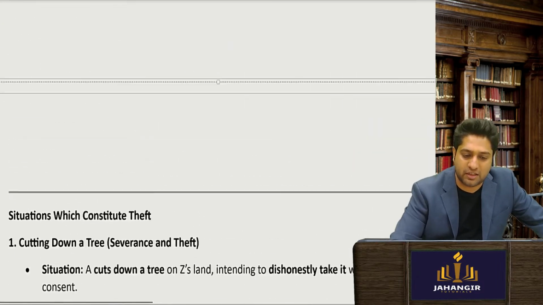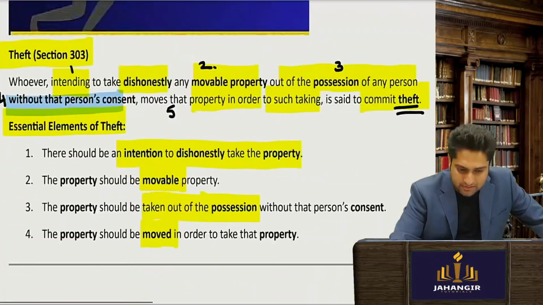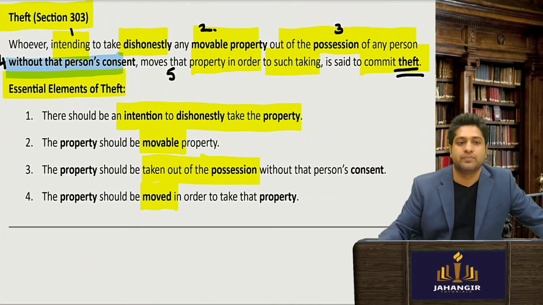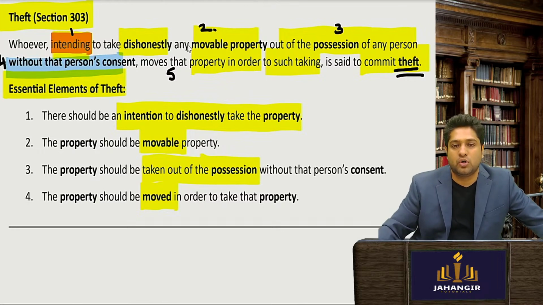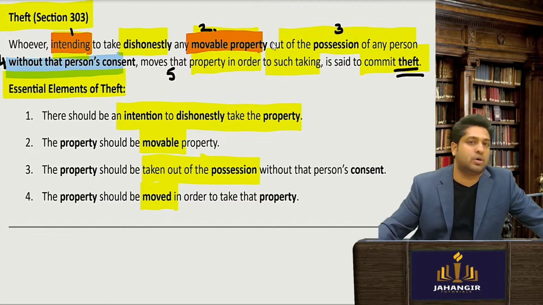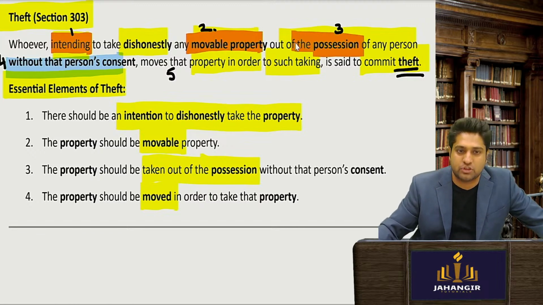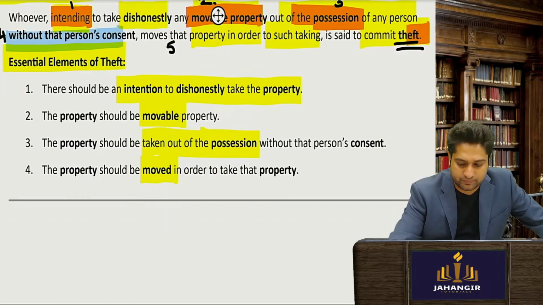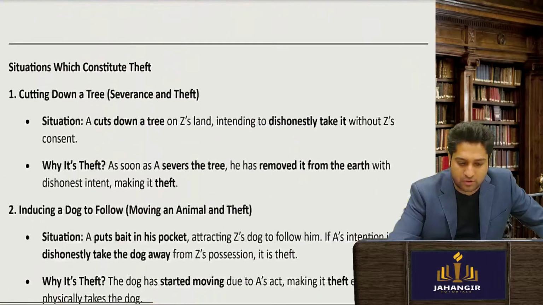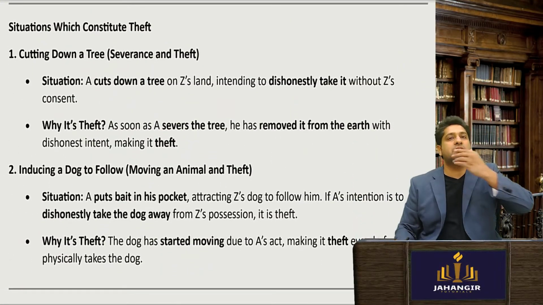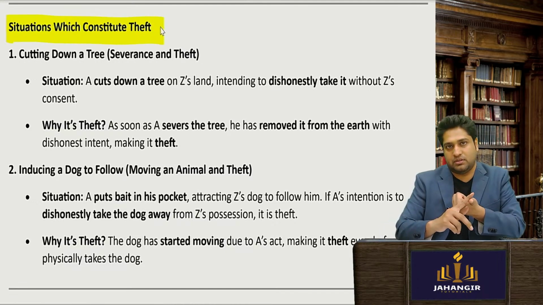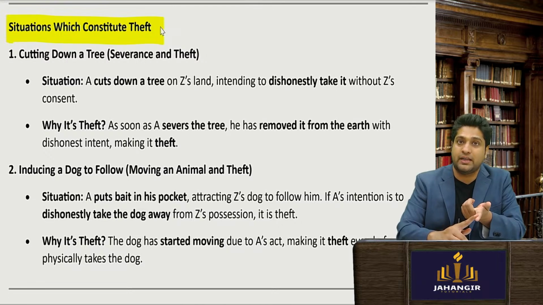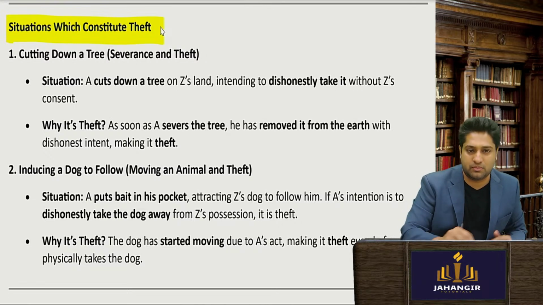Situations. Now again, till here is it clear? So what are all the elements that we read? Let's read again. Okay. So first thing, there was an intention to dishonestly take away a movable property out of the possession of someone, is said to commit theft. Now we will see what does not come out to theft. Now I'm just understanding that there is an intention to move movable property, okay, and then further move it. So let's see.